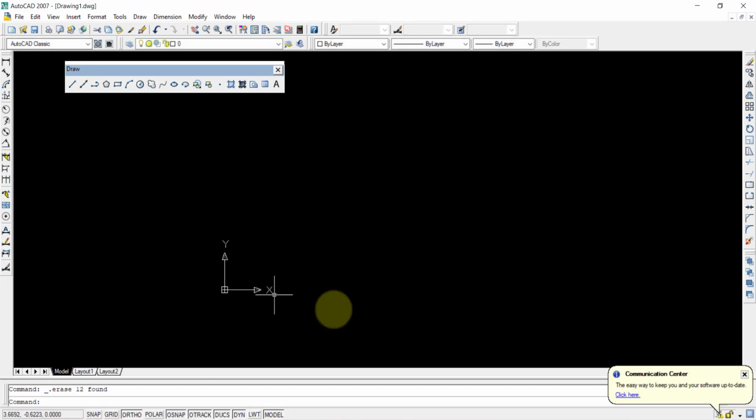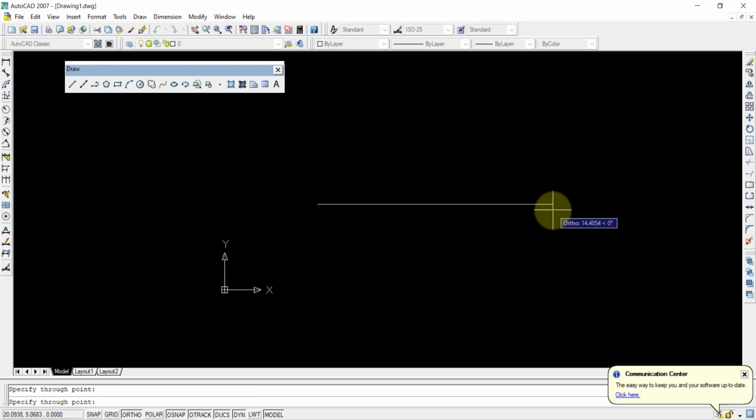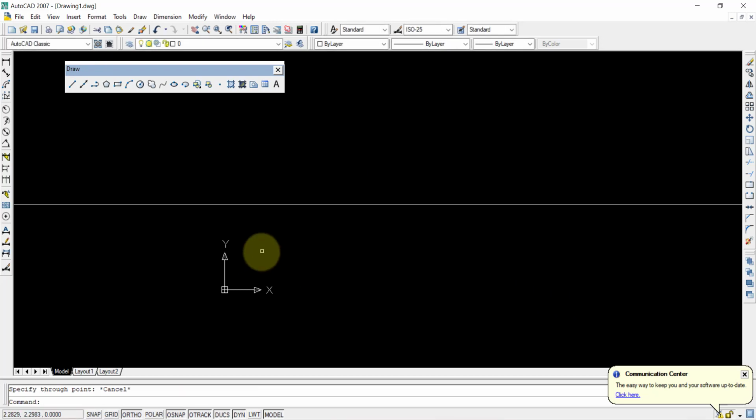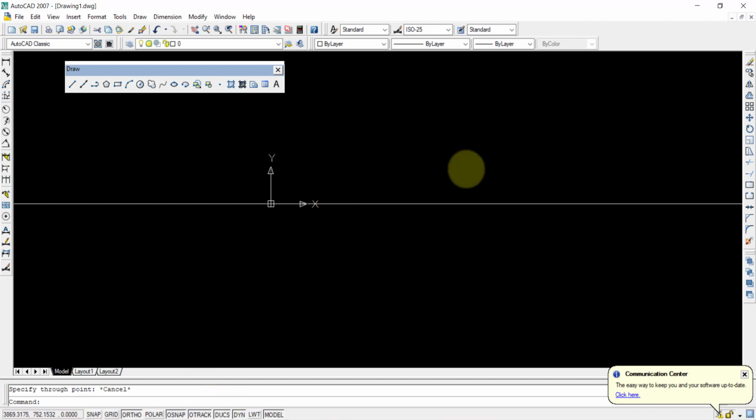Coming to the next concept, this one is construction line. Construction lines are basically used for reference purposes only. These are not straight lines. These are something like infinite length lines, something like the x-axis and y-axis. So if you click on the construction line and draw something like this, escape, you can see even if I am zooming out and zooming in, it will be an infinite length straight line. It can be of any angle.